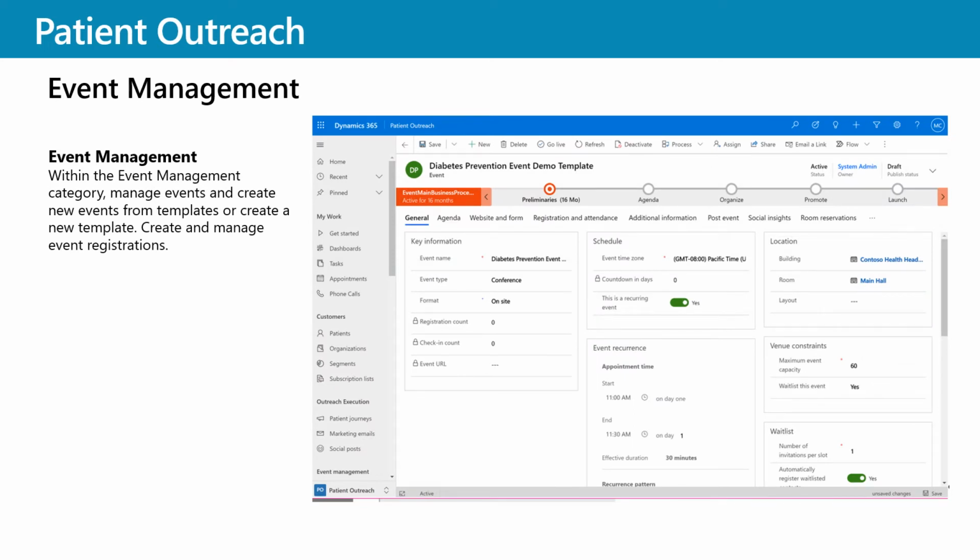Event management. Within the event management category, you can manage the events and create new events from templates or create a new template. You can also manage the event registrations. Some of the core features of Dynamics 365 Marketing include seamless contact registration and attendancy management, all in one place, business processes that guide users through the essential steps of event planning,